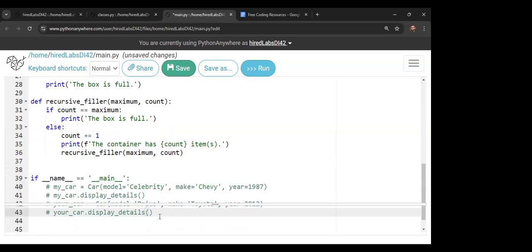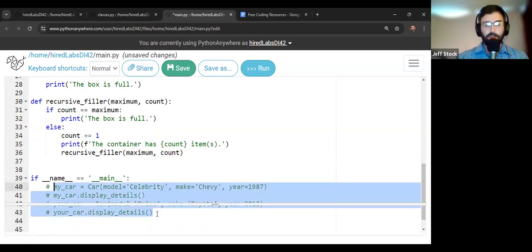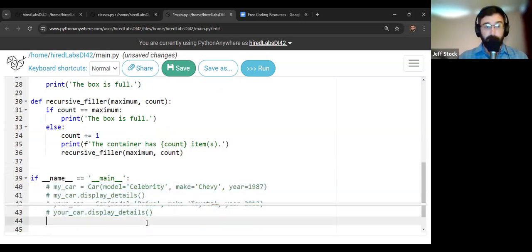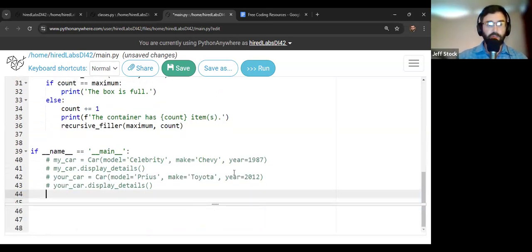Okay. So I just commented out, as it's called, all these lines between 40 and 43 by just highlighting all of them, then hitting Control and slash. And that's a way to toggle comment or not comment. That way I don't have to erase all the code. I can just not run it. So that's what this is going to do, it's going to ignore it. So that's a pretty handy little hotkey for all these text editors that we use. And that's common in every text editor. That's not just Python, anywhere.